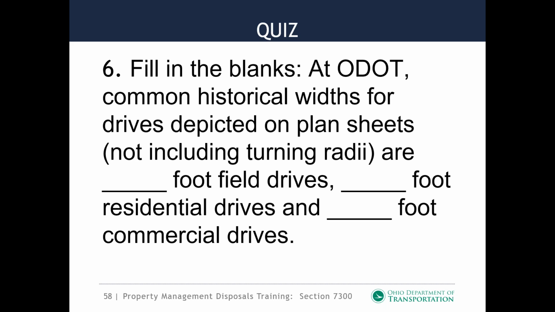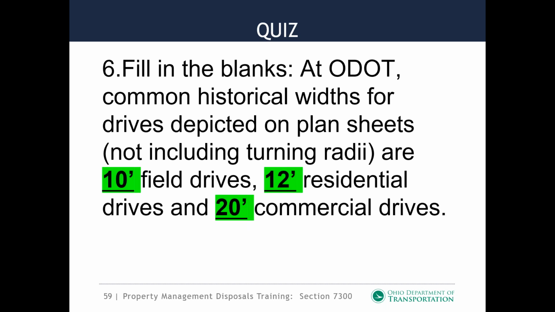Okay, lots of folks are typing in, and the majority of them are saying 10, 12, 20, even though we had one that said 10, 12, 24. It is 10, 12, 20, but I will tell you that in District 1, we're a very rural district, and